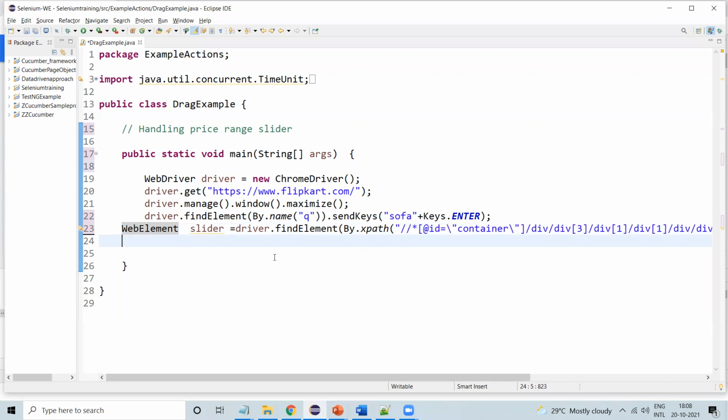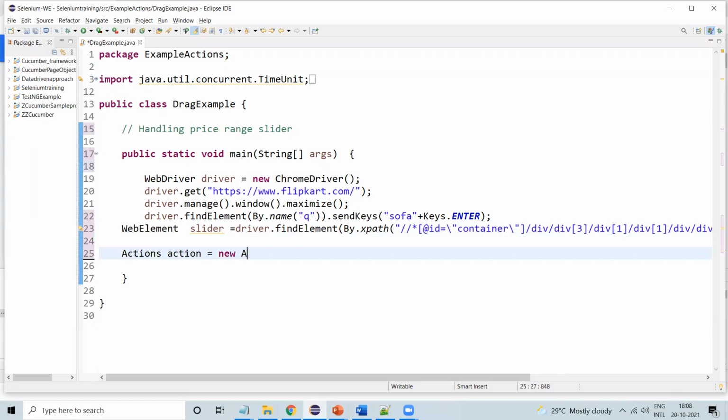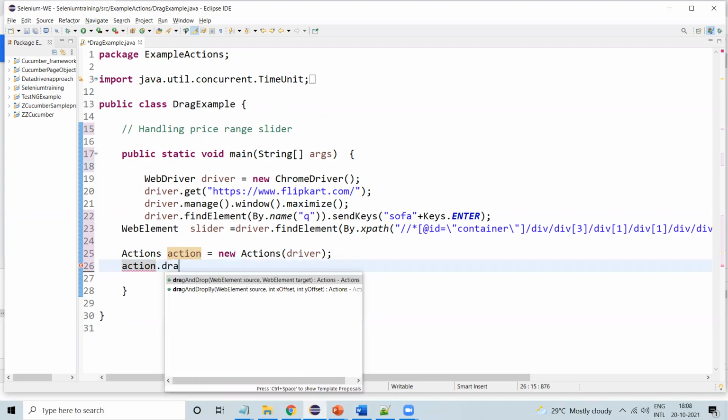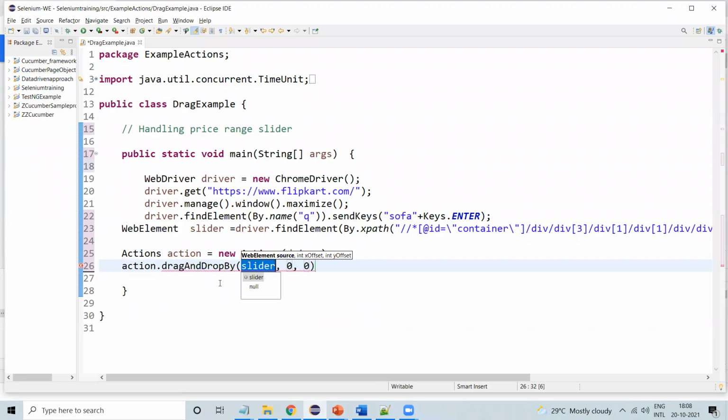Now we need to call the Actions class. Actions action equal to new Actions, here we are passing driver. Use this action reference variable and call the method dragAndDropBy. Here we need to pass the web element, then the X and Y offset.